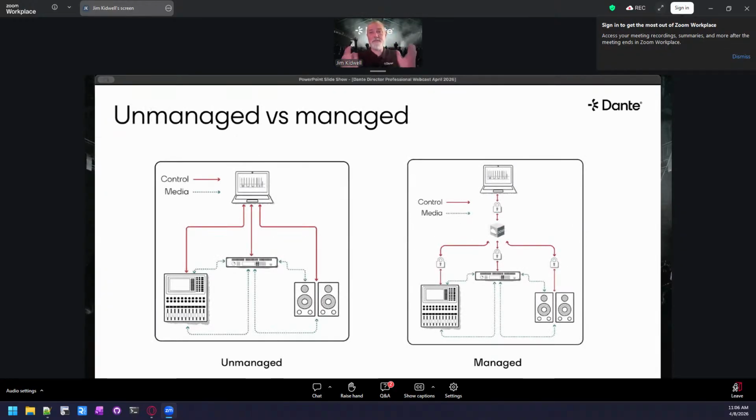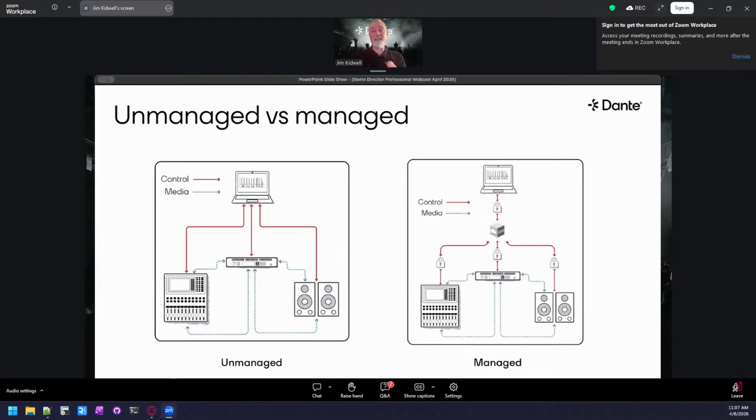I wanted to do a few things real quick just to get our baseline here. Not everybody has the same level of knowledge. Within the Dante ecosystem, there are a couple of different ways to set up your networks. One is the standard way Dante comes out of the box, which is considered an unmanaged state. That means all the devices connect to each other, and when you connect to your LAN or your VLAN specifically for your Dante AV devices, you plug your computer in, and the control signal comes directly through your switch and goes to all of your different devices, and then all the devices talk to each other. When you plug into the VLAN, any computer that plugs in can manage that network using Dante Controller.